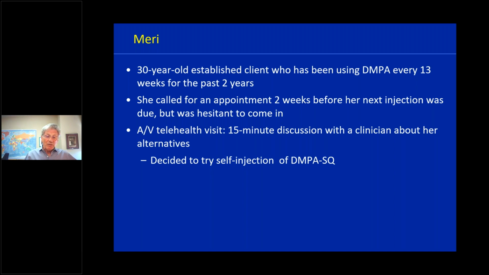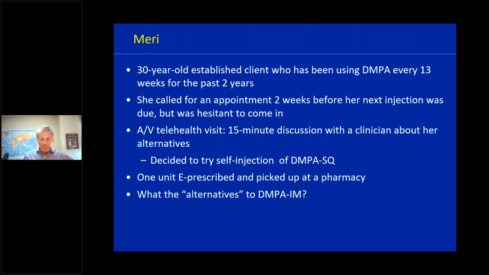And what she decided to do instead was to try self-injection of DMPA sub-Q. Next. So 1 unit of Depo sub-Q was e-prescribed. She picked that up at a pharmacy. What are some of the alternatives that Mary could have had to Depo-Provera, and how are we going to code